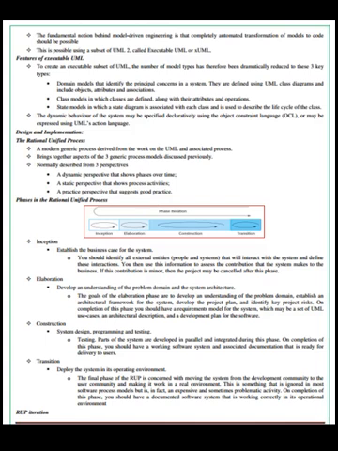The fundamental notion behind model driven engineering is that completely automated transformation of models to code should be possible. This is possible using a subset of UML called executable UML or XUML. Features of executable UML to create an